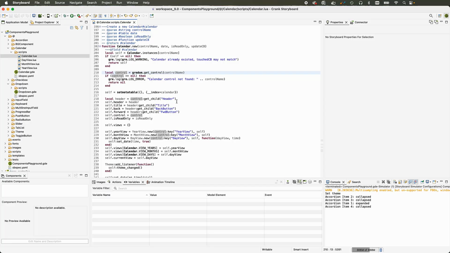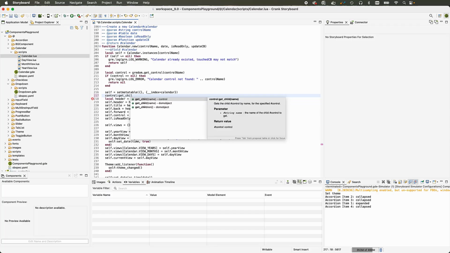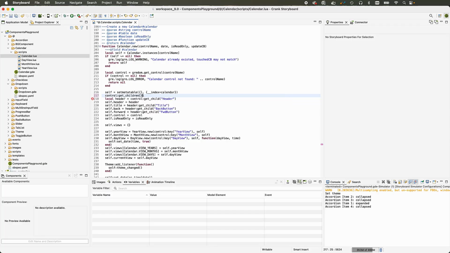Given the name of a child control, you can now easily query for that child in the control, whereas before what you would have had to do is use get children, which would then